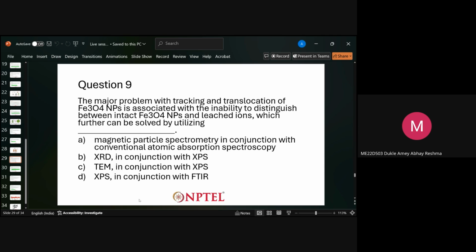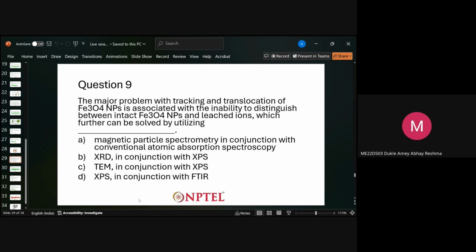In XRD, you have X-ray diffraction. You have an X-ray incident on a material. Based on the crystal structure, there will be diffraction, so there will be different diffraction angles. Based on those diffraction angles, you will get a diffraction pattern. It is widely used in finding the crystal structure of any material. There are other applications as well, but it is mainly used for finding the crystal